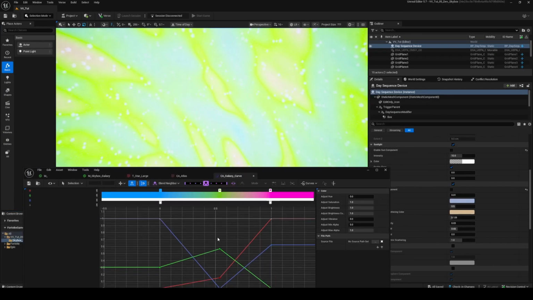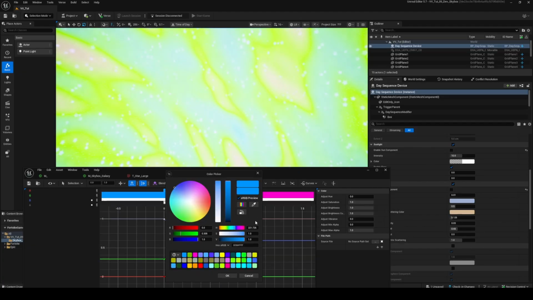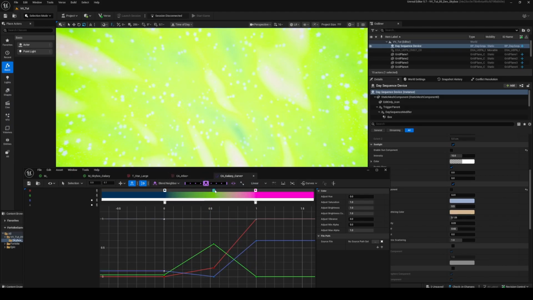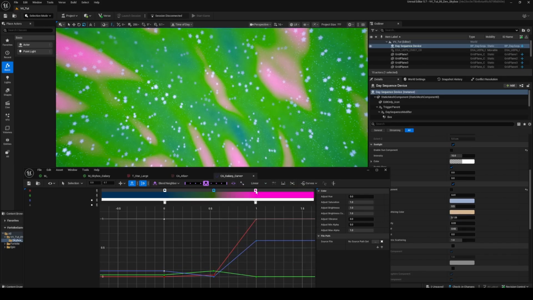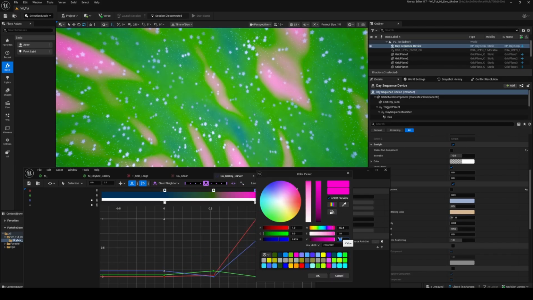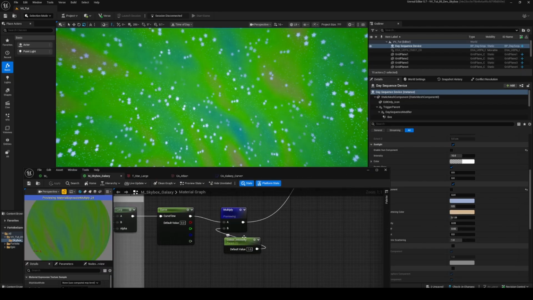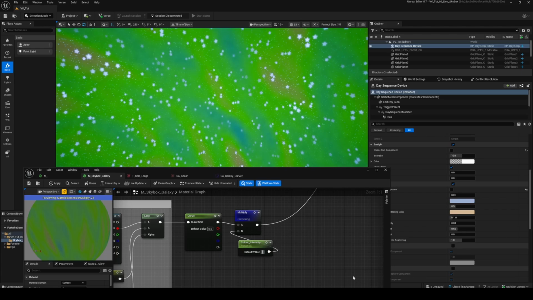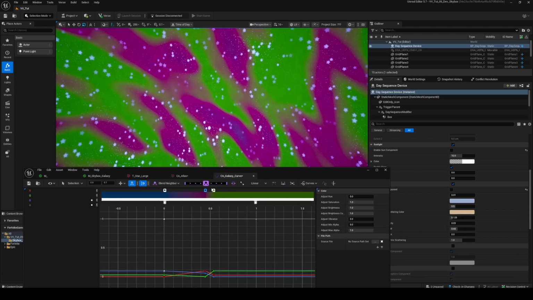So what we can do is come back into our color curve, and if we just select all of these and go say 0.1, and then in the middle down to 0.1, this last one here we'll bring it way down to 0.1, and probably even less than that. We can multiply here inside of our, and get 0.1,